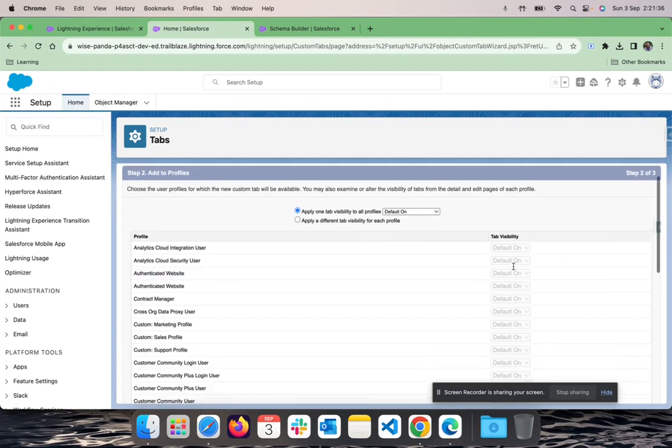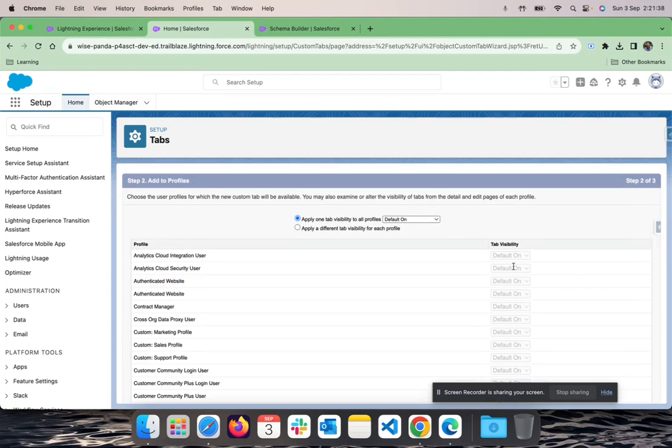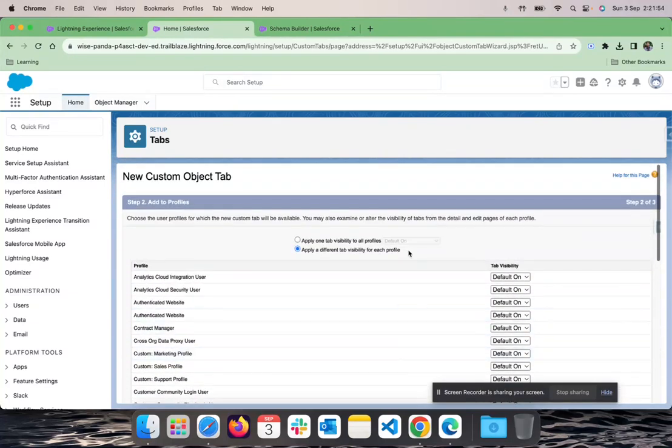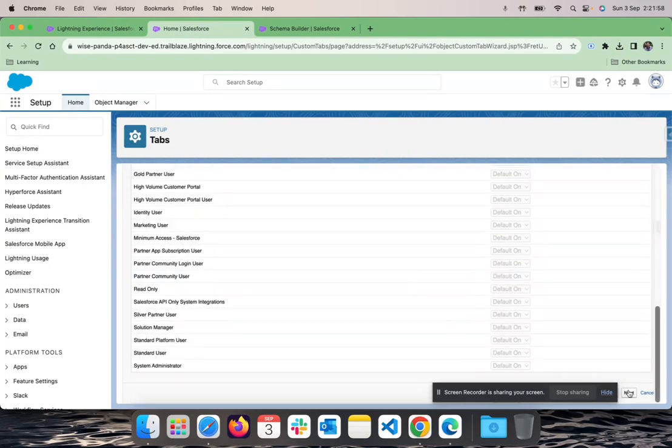and now, since we have created the tab, do you want that tab to be visible to everybody else, or do you want to restrict it to a particular profile or a particular user? I have left it on default, or we can apply it to different profiles. But okay, let's make it available for everybody in the org. Click Next,